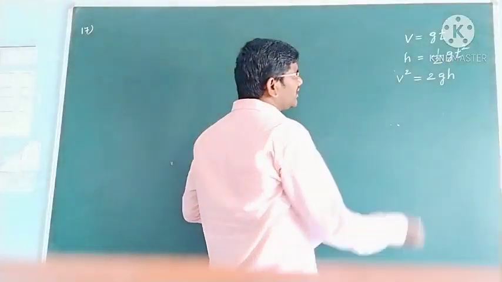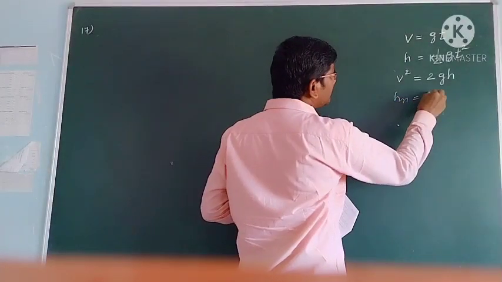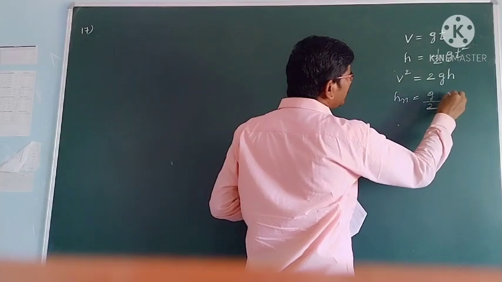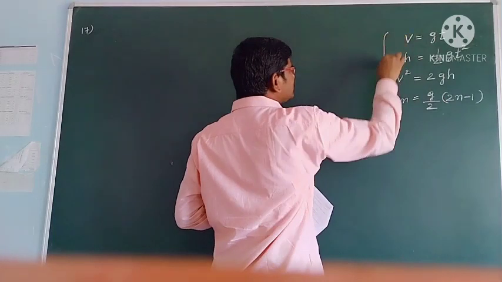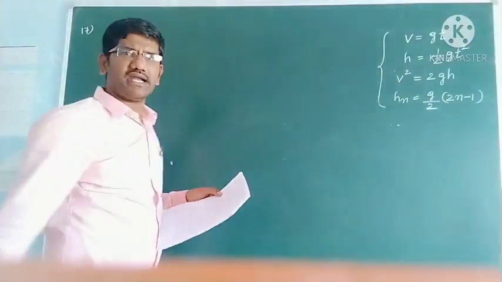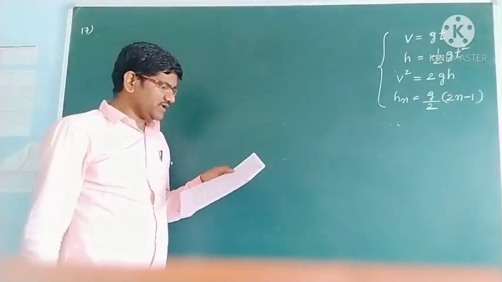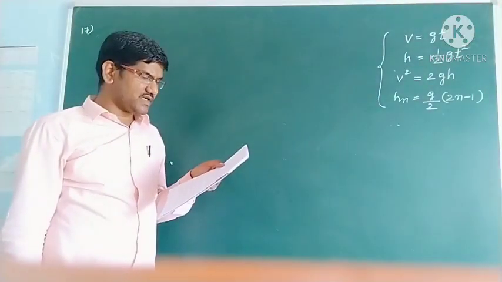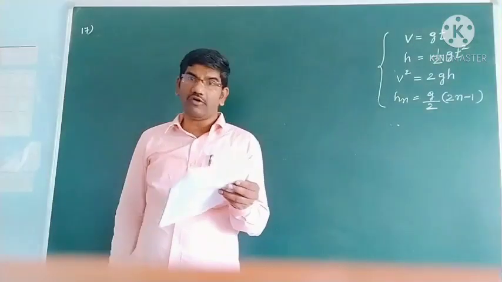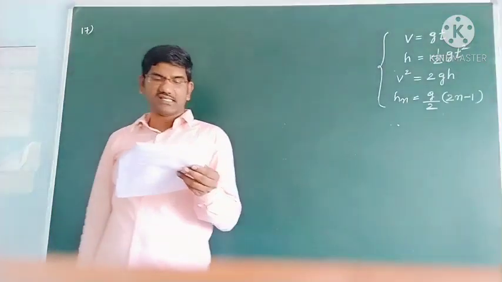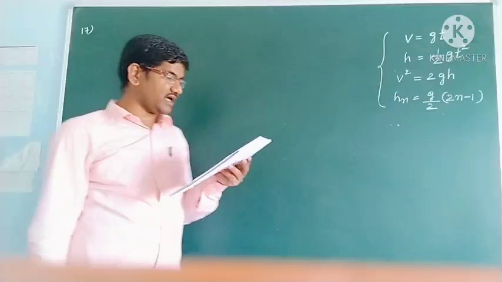Okay, and the height fallen in the nth second, hn is equal to g by 2 into, what will we write students, 2n minus 1. These are our given data. So now what I am doing is, students, for a freely falling body, if the velocity acquired is numerically equal to the displacement suffered. There is a freely falling body. If the velocity acquired is numerically equal to displacement suffered, they are asking the velocity acquired by the body.